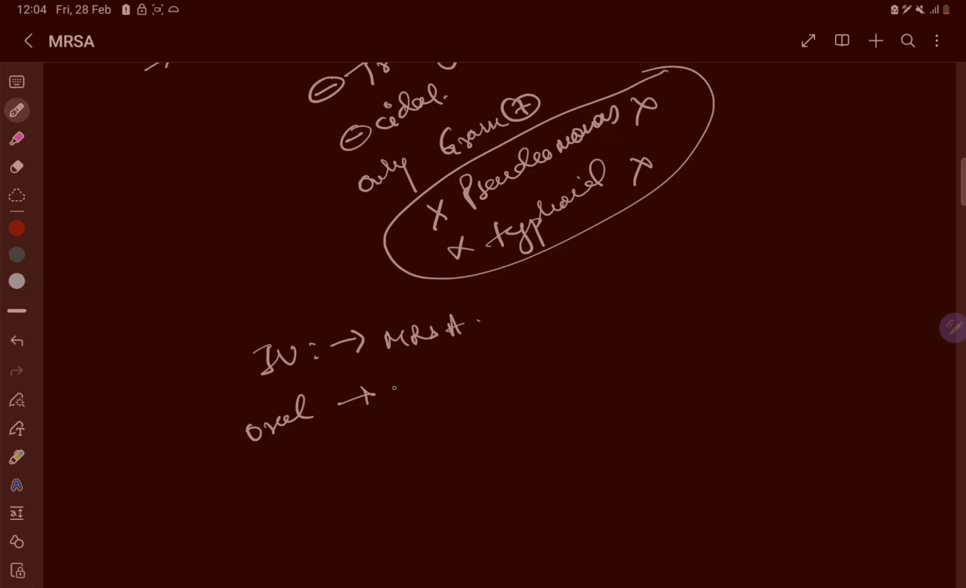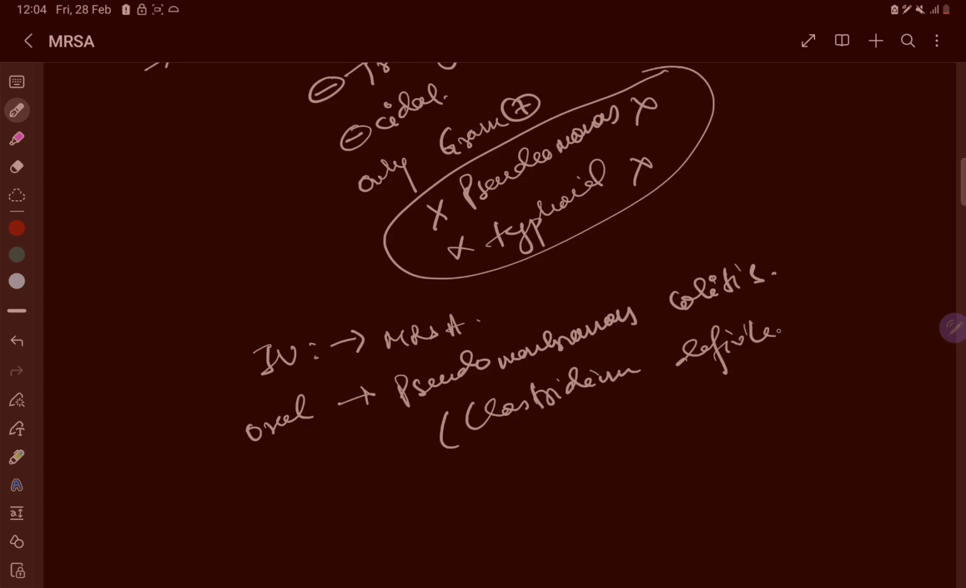Oral vancomycin is used in pseudomembranous colitis. It is the Clostridium difficile infection,